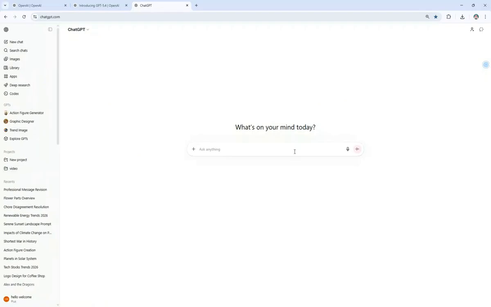Remember, if you're using it for the first time, take a moment to explore the interface and familiarize yourself with its features. ChatGPT 5 offers improved conversational capabilities and a more user-friendly interface compared to its predecessors, so enjoy experimenting